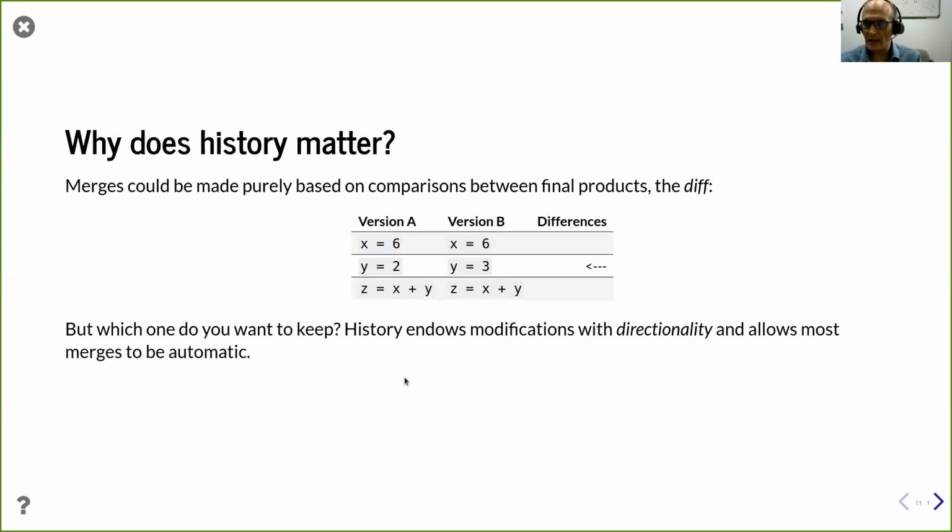And so this is where the history really comes into play, right? It essentially endows modifications with directionality. So typically, what you would hope would happen is that say B would start from A, or A might start from B, or they might start from a common ancestor, right? Before other people started making interesting changes, right? And if, let's say, they both started out being Y equals 2,